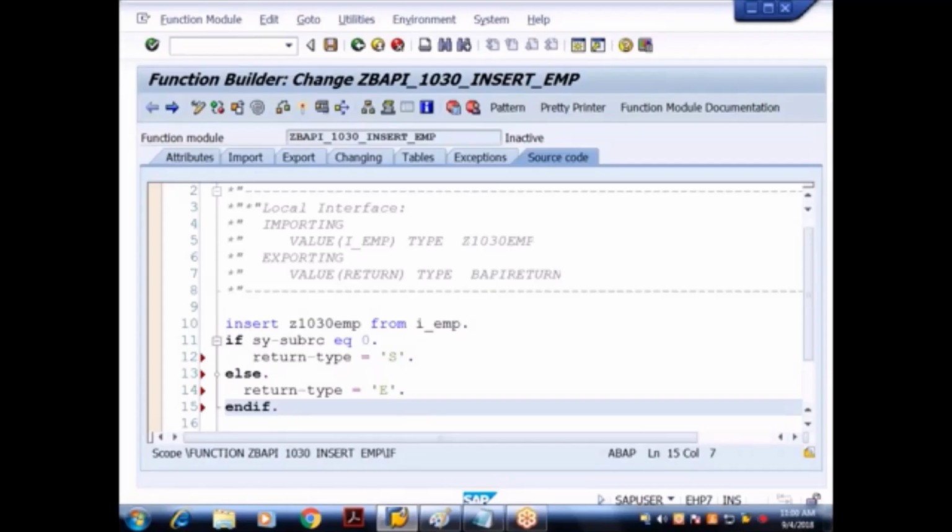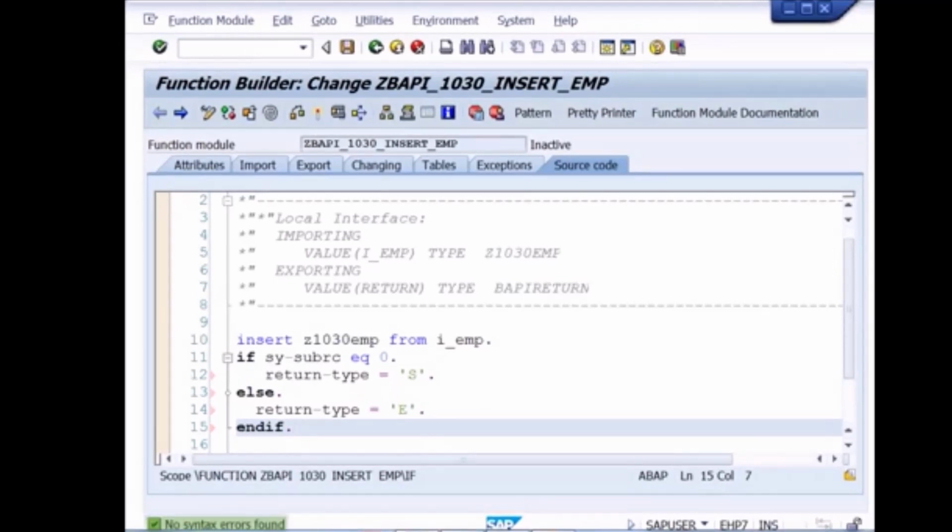Is it clear? So save this, check for the syntax, activate. Done. So my function module is created using the BAPI standards. Let me test it here. So when I execute,